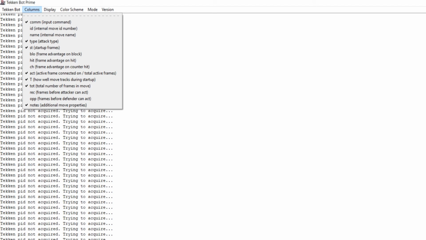Active frame connected on total active frames, then total number of frames in the move. Frames before the attacker can act minus the frames before the defender can act will actually give the number of frames you are advantageous or disadvantageous after doing a move. Notes, if the system can find any particular notes about the move you just did. Then the third option,